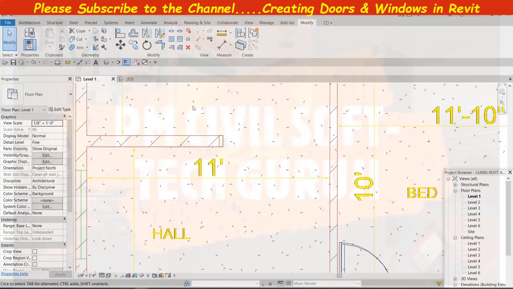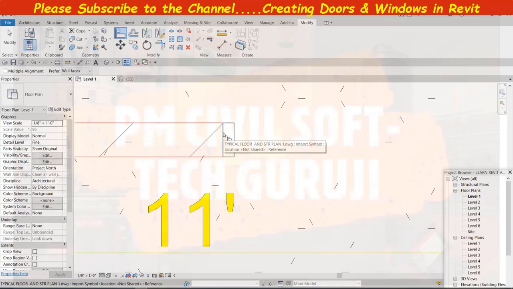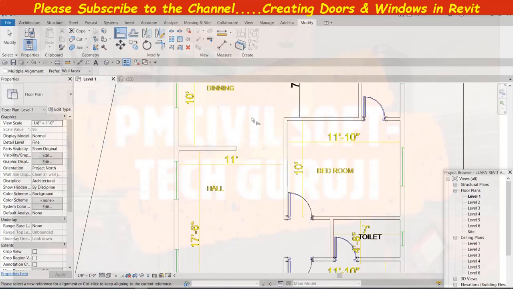And now we have to use the align command. Select this face, select this, so this type of opening is created.